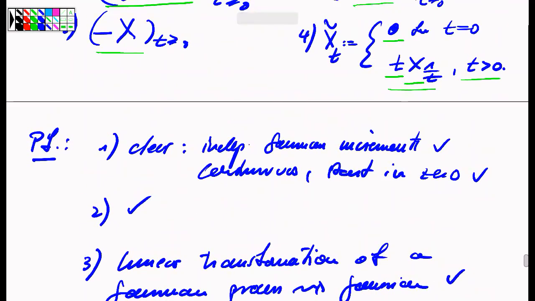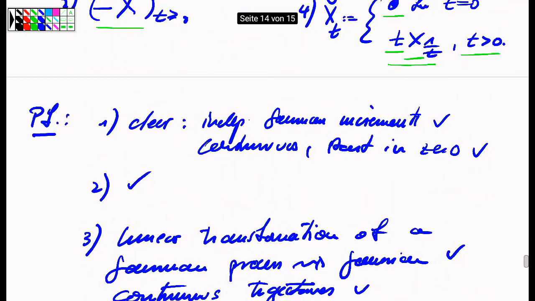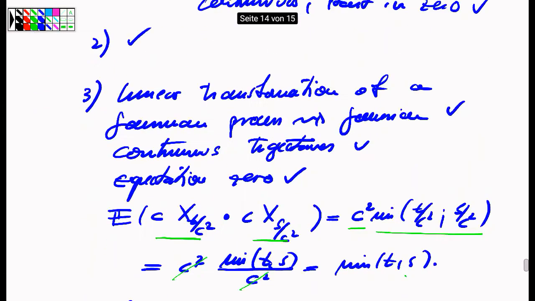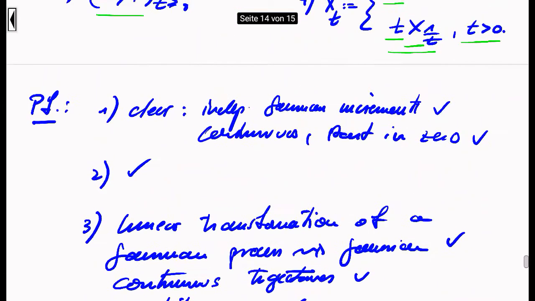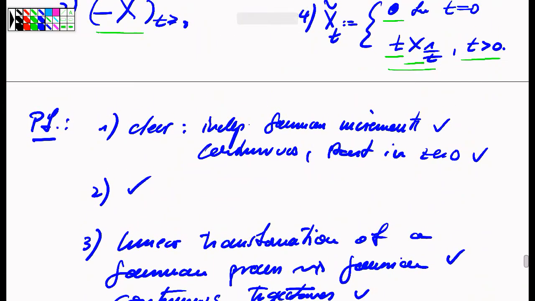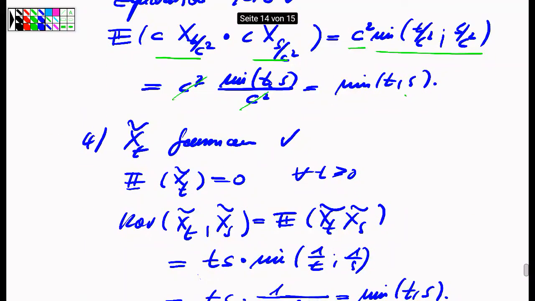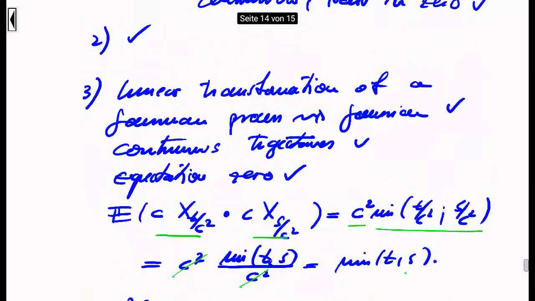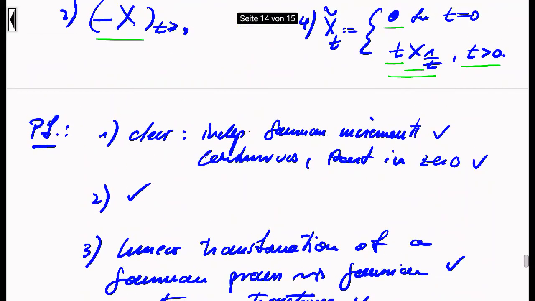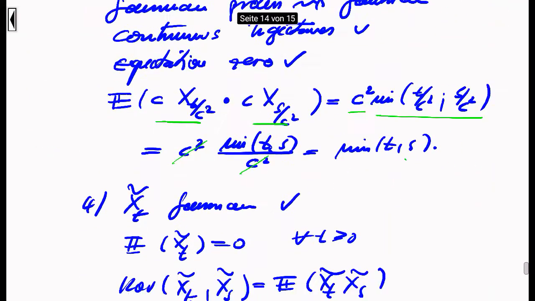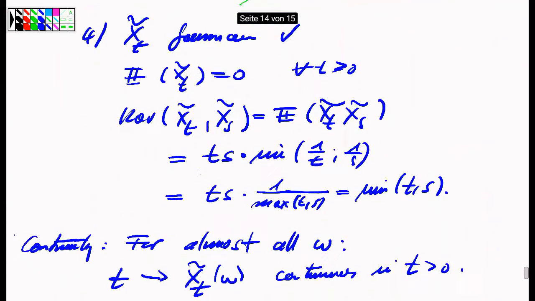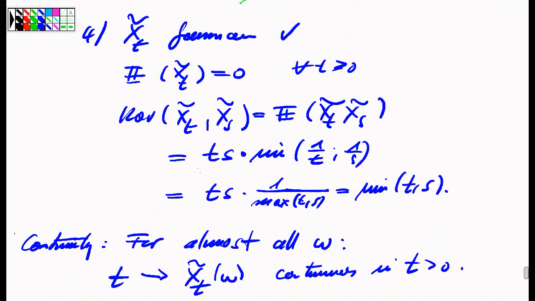This process x tilde t for positive times t is a linear transformation of a Gaussian process. So therefore it's again a Gaussian process. The expected value of that process for t positive is also 0. And regarding the covariance function of this tilde process, by expectation being 0, this is the expected value of the